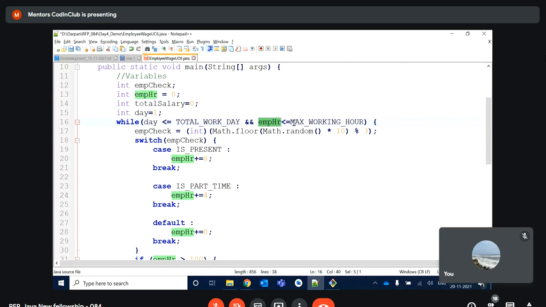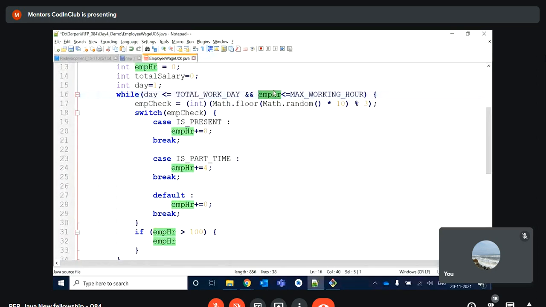Now the employee is present for the full day, and both conditions will become true here. If employee hour is 96 and day is 15, that is fine. Everyone is understanding that? Both conditions are true, that's why it will go inside.